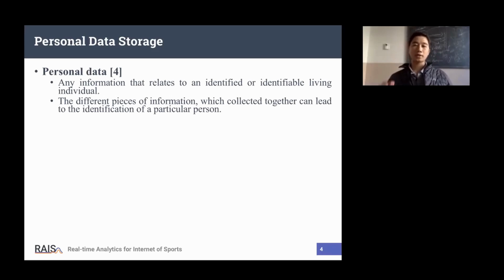That's the reason why combining available information is also personal data. So the other definition of personal data is that different pieces of information collected together can lead to the identification of a particular person.